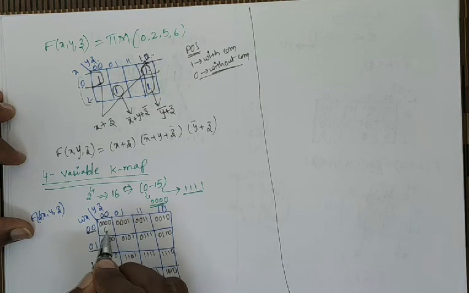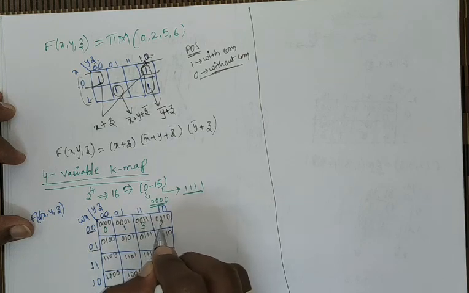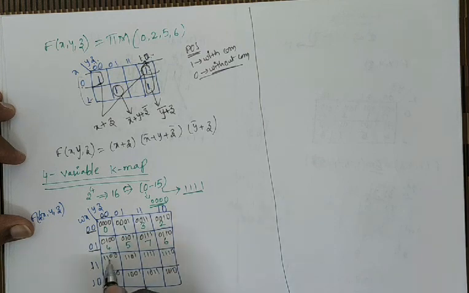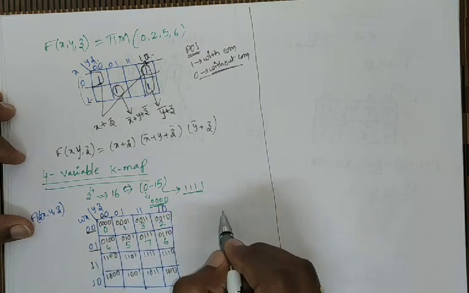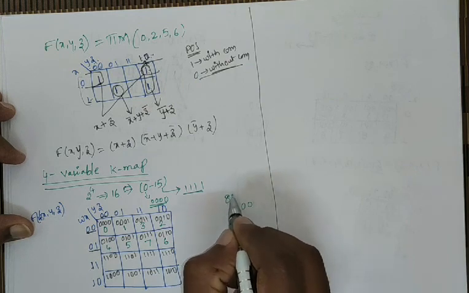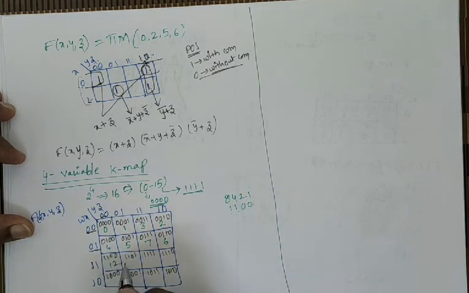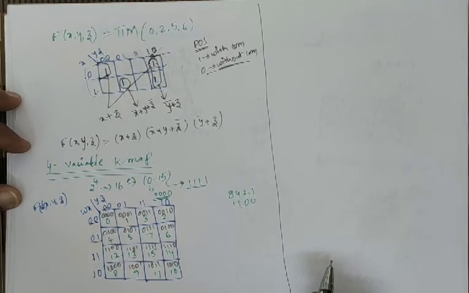So 4 zeros means 0 representation. 0001 means 1. 0011 is a 3 representation. Next 0010 is 2. So next 4 5 7 6. Next 1100. According to the weighted positions, the 8421 code, 8 plus 4 is 12. So that is the 12 binary number. Next 13, next 15 14, next 8 9 10 11.